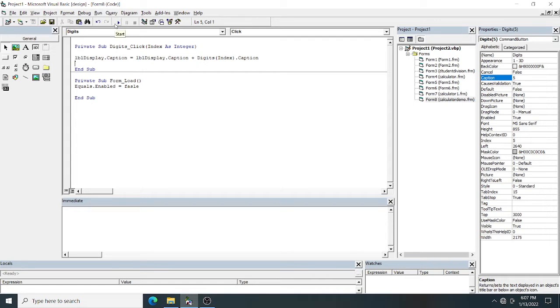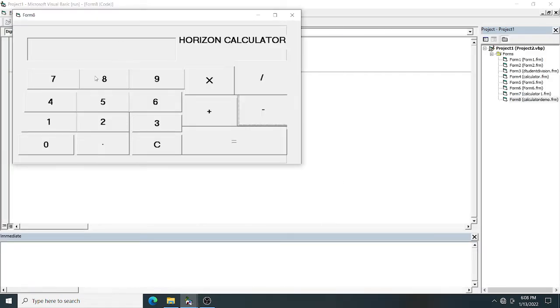Let's do it now. I'm executing. Suppose I'm pressing 7, 8, 9. You can see 789, so they got concatenated with each other.